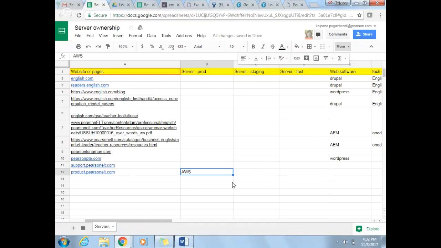So for english.com, you're not managing servers, it's just AWS services? No, we are managing them. AWS is a service; they just provide a server. We manage different types of servers for English.com: one separate server for test, one for the dev environment, two separate servers for stage, and three separate servers for production.